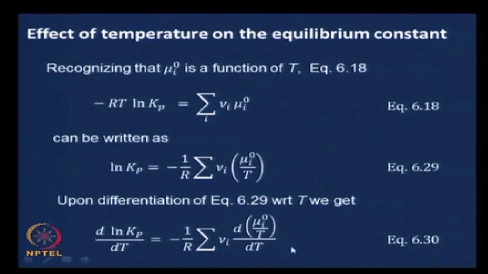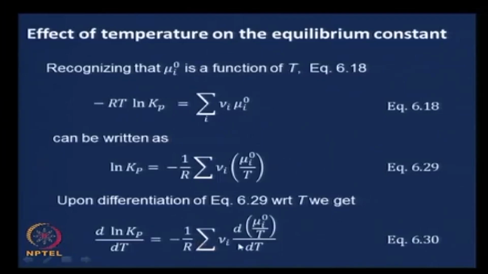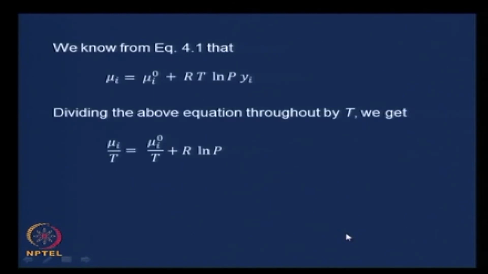Now, we have a relationship for d/dT of (μ_i°/T) in terms of the molar enthalpy itself, that was minus H_i by T squared. Therefore, if you take T out here, you will get plus, there is a minus 1 by T here. Therefore, when it comes out, you get plus 1 by RT here, and this would be ν_i H_i summed over all i, and that is what we have said here,